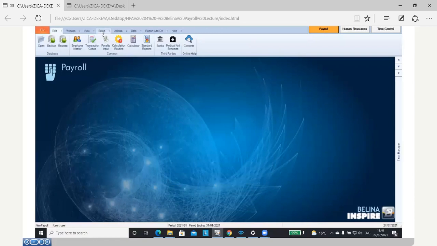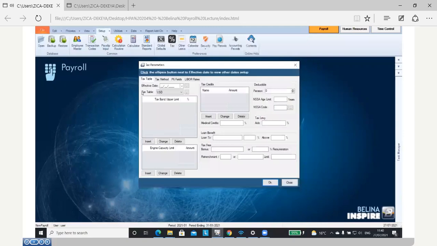Now, in Zimbabwe, we've got a dual currency system, so we either use US dollars or we use RTGS for our tax bins, or a person can be paid in both RTGS and USD. In this case, we're going to be using RTGS tax bins, so we're going to set them up first. We've already got a USD tax table set up,